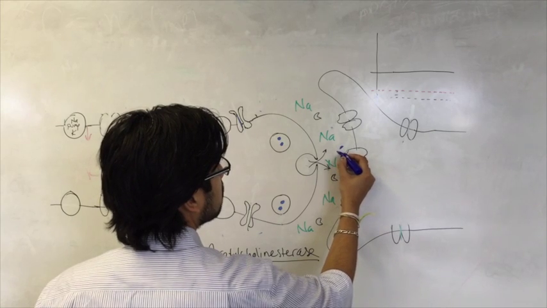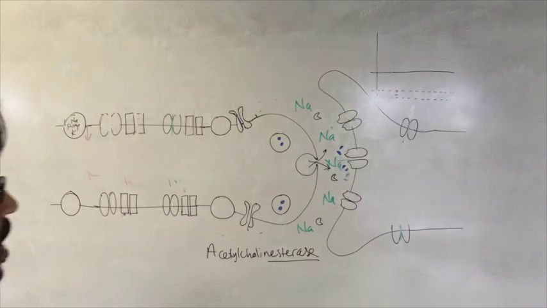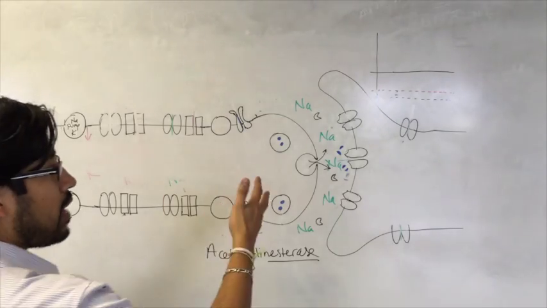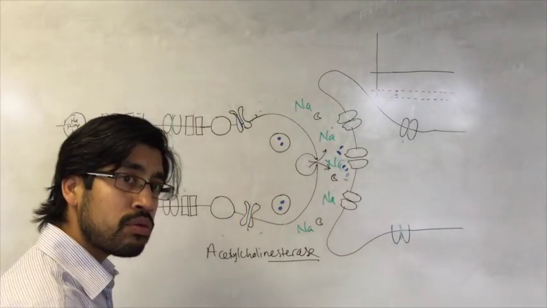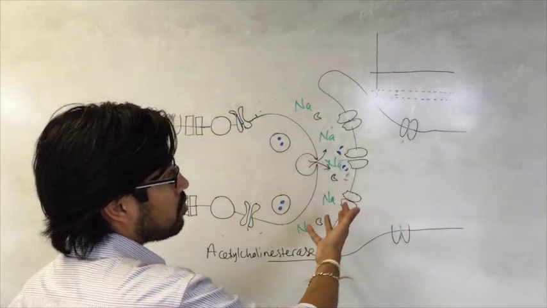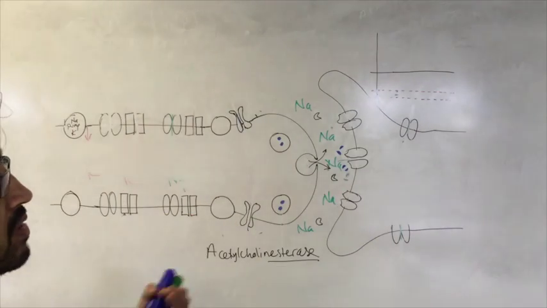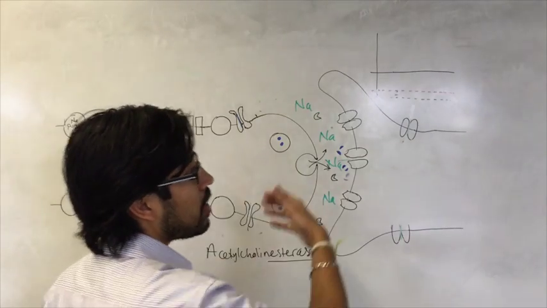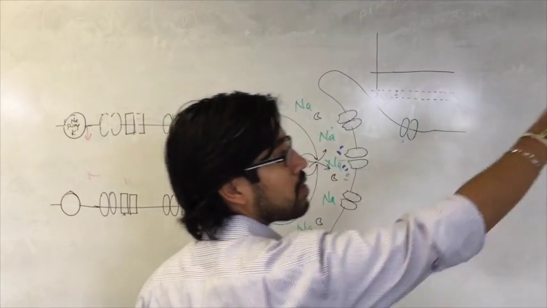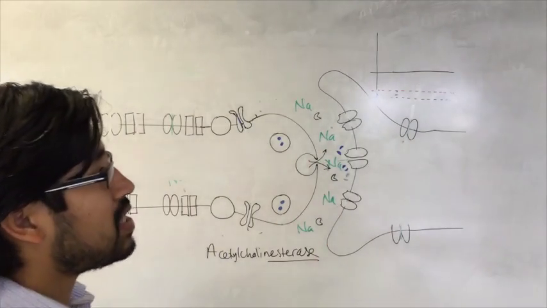Okay, so it's kind of broken. And because of that, the sodium gates will then close. When they close, there's no more depolarization occurring in this area, and by which time the actual action potential that was initiated is way down